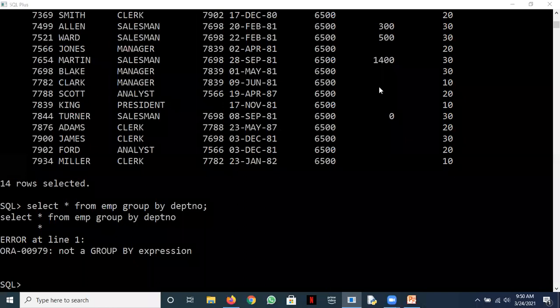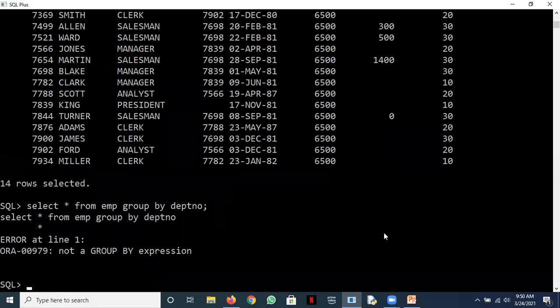Why we cannot have a select star? Sir, I don't know about that. All right, all right. So you see, this very basic is not clear. So group by maybe troubles you people a lot. So good chance to learn it properly once again.